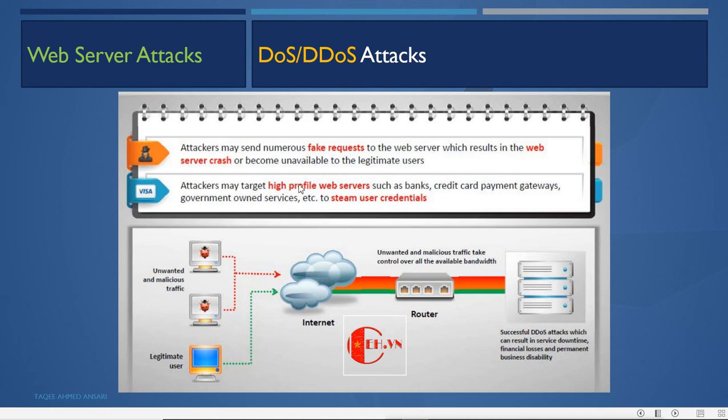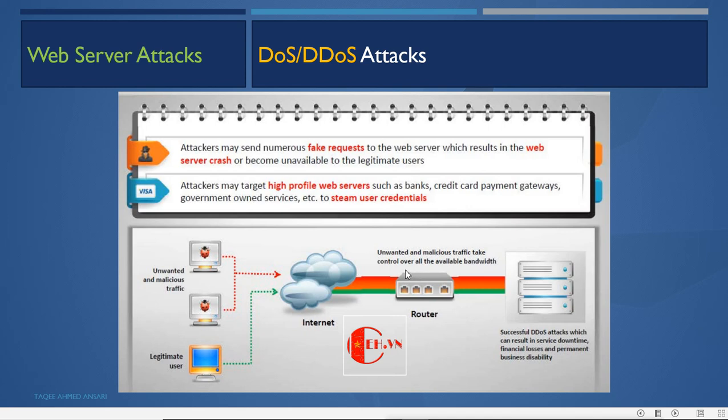They use a botnet. They use multiple different machines, and it is called a distributed denial of service attack. They send unwanted malicious traffic, heavy traffic, to the server, so that the normal user is not able to send traffic or access the data.